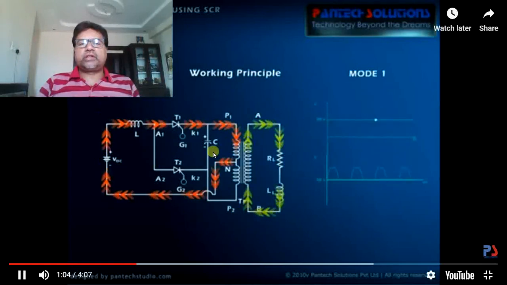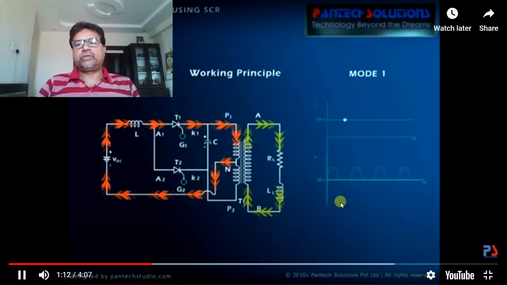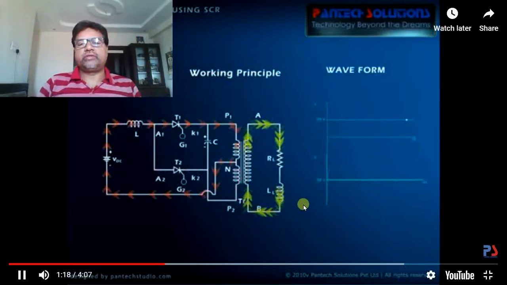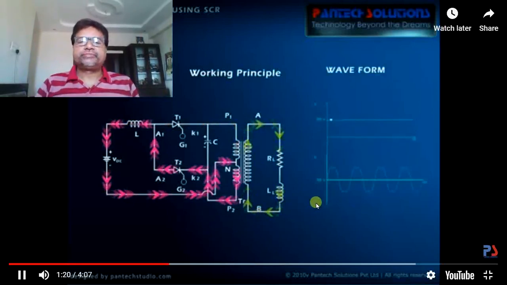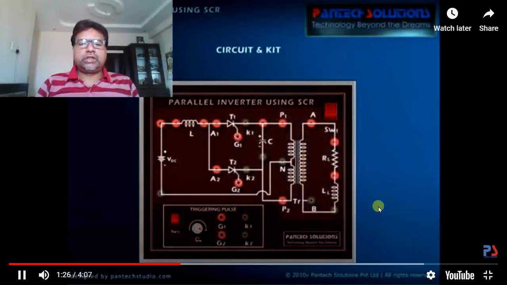So in the first interval as shown, the load voltage is like this, and the load current is positive. This is the reverse of the case which we have seen in our slides, because the supply is given to the outer terminals. So that is how it happens.